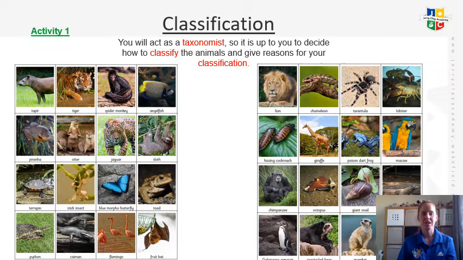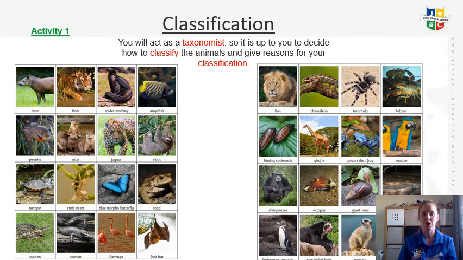So now it's your turn to act as a taxonomist, and you are going to have to decide how you classify the animals that are in front of you, but you have to give reasons for your classification. So for activity 1, as you can see in front of you, there are lots of different animals for you to choose from. I suggest the more animals you choose, the easier it will be for you to start classifying,